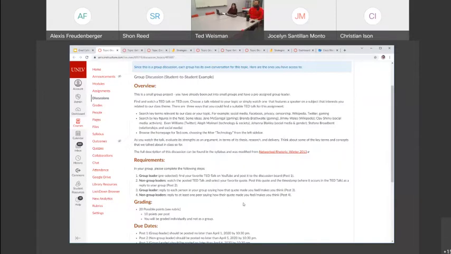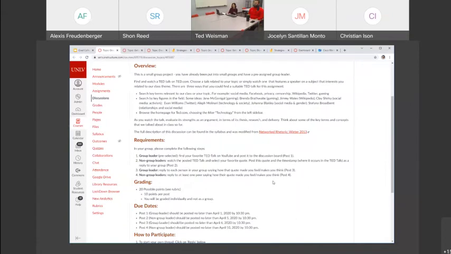The other thing that Canvas allows you to do is select roles for your students. And I think it can be very handy to have somebody selected as a group leader. So in this case, there's a group leader and there's 2 things that the group needs to do. 1, the group leader needs to find the TED Talk and post it on the discussion board for others to see.